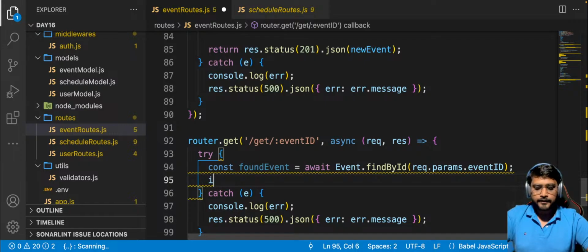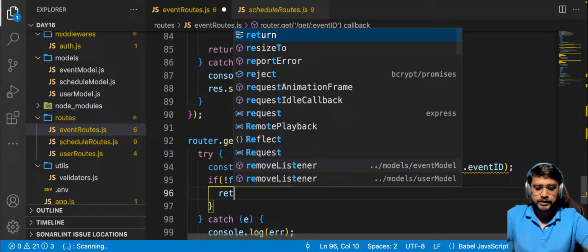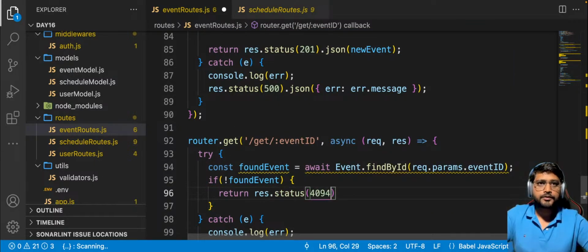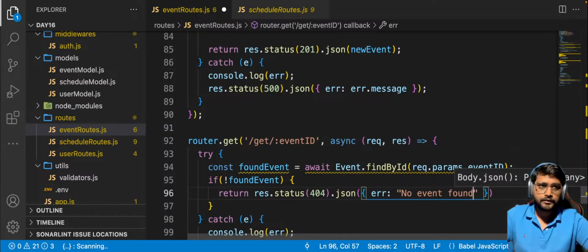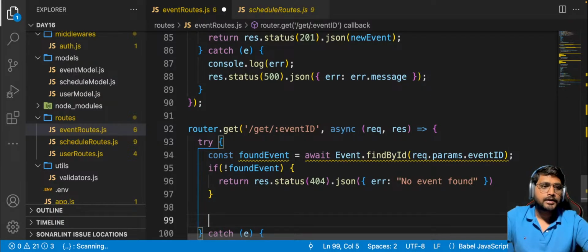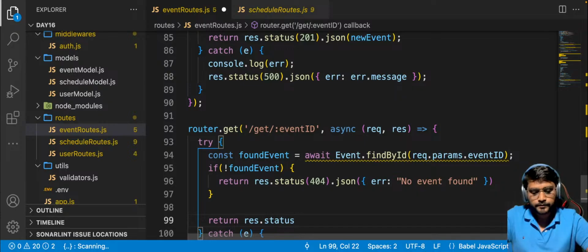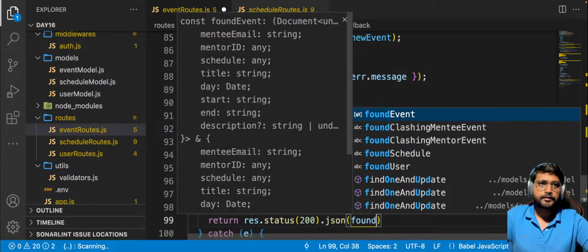Okay, if it is not found, you return 404, no event found, right? Otherwise, you send back the event. 200 dot JSON the found event,